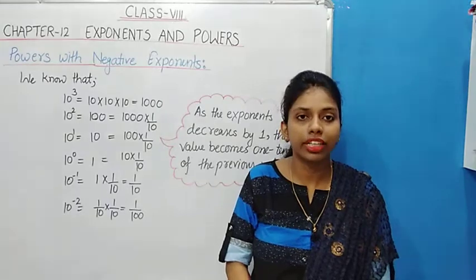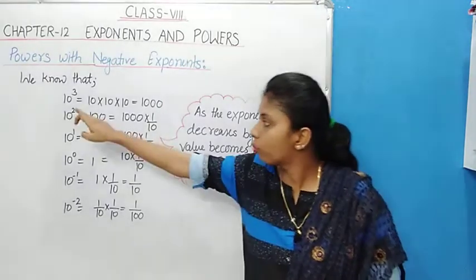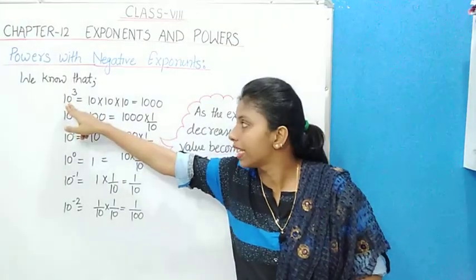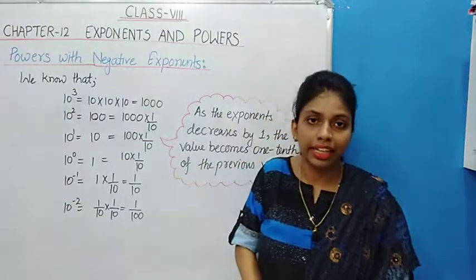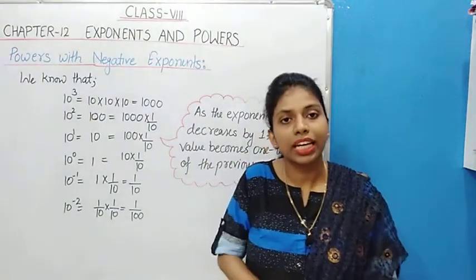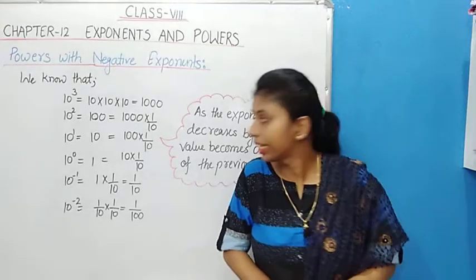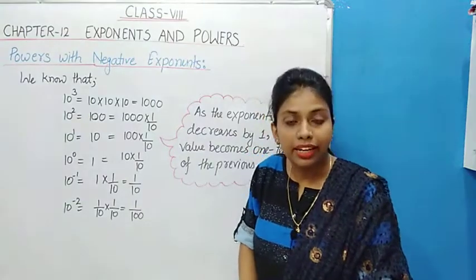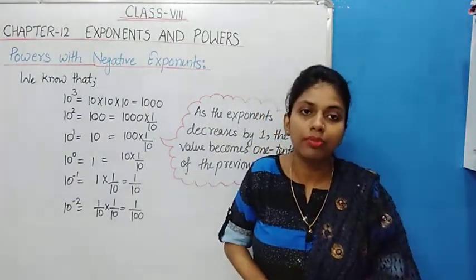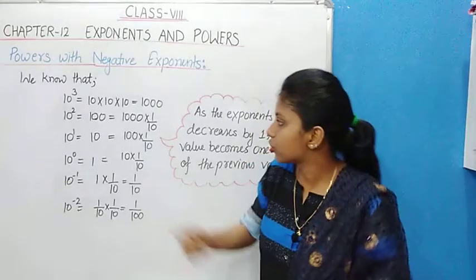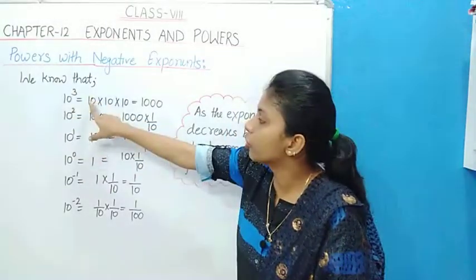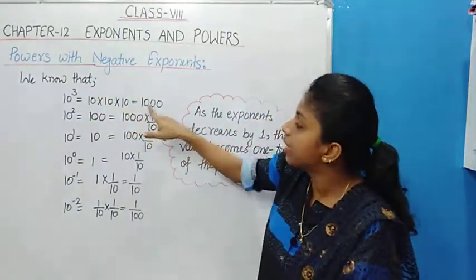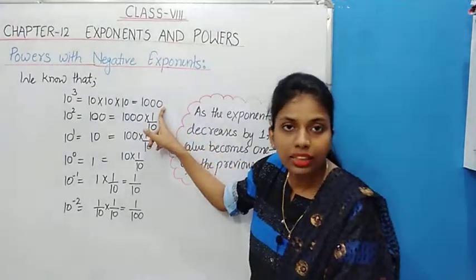About exponents we already know how we can call this number. Of course we know that we can call it 10 raised to power 3, and also how we can get the value of this 10 raised to power 3. The base is 10, which means we multiply 10 as many times as the number given as exponent. Here we have exponent 3, so we multiply 10 three times. So 10 into 10 into 10, we get 1000.